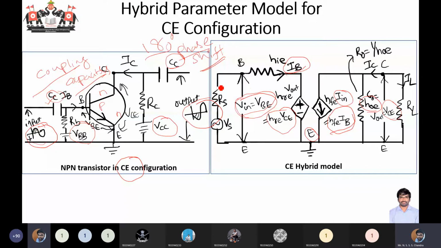IC is coming towards the transistor. So if I consider an external load resistor RL, and I consider that current is flowing into the RL, then I am representing it by a load current IL. So if you apply KCL at this node, what will be your IL? What's the relationship between IL and IC? Apply KCL at this node and tell me the equation.